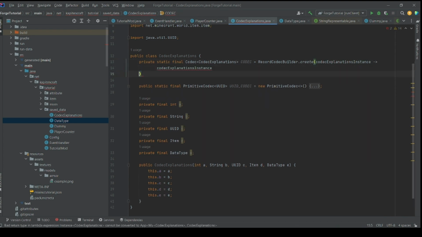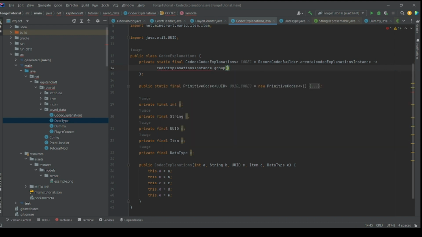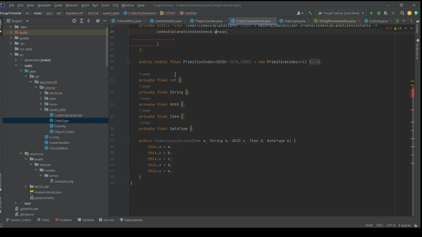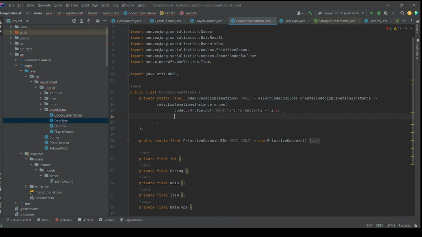But you should start with a new line and dot group. In this group, you want to add all the data you want to load and save. We are starting with an integer, so codec.int, dot field of, and this you're going to call a dot forGetter instance dot a, comma